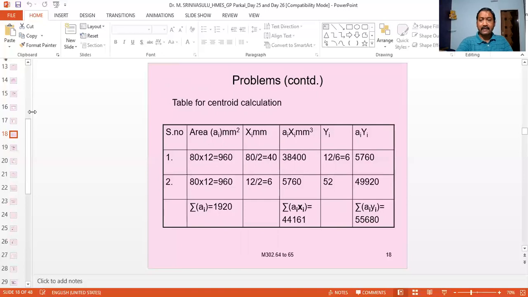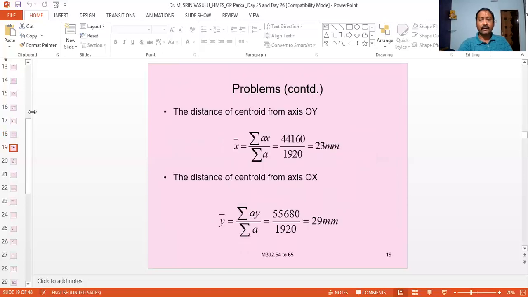Now we have to find out the coordinates of the centroid, that is x bar is equal to sigma ax by sigma a, that is equal to